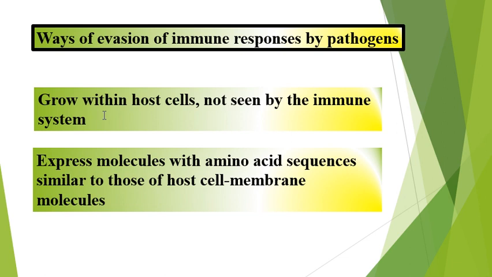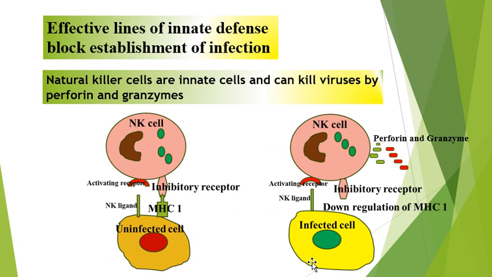Pathogens may grow within the host cell, not seen by the immune system. They will be sequestered or hidden inside the cell, so they will not be seen by the immune system. And as I mentioned here, some pathogens, when they enter the cell, downregulate expression of major histocompatibility class 1. And for example, viruses, when they enter,